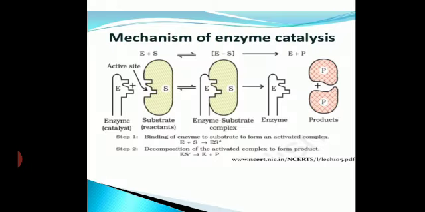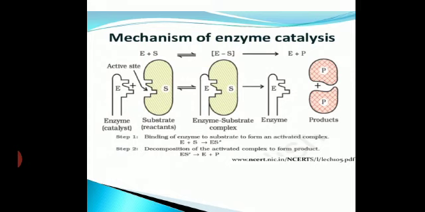To understand it better, we are taking this particular picture. Here you can see enzyme E plus S, which means enzyme plus substrate. Then it forms an addition product and finally gives rise to the product, and the enzyme is again released. Here E is your enzyme, that is your catalyst, and S is any substrate, that is a reactant. When it reacts, it forms a complex, an addition product, and after that the product is formed and the enzyme is released. Now how is it done?